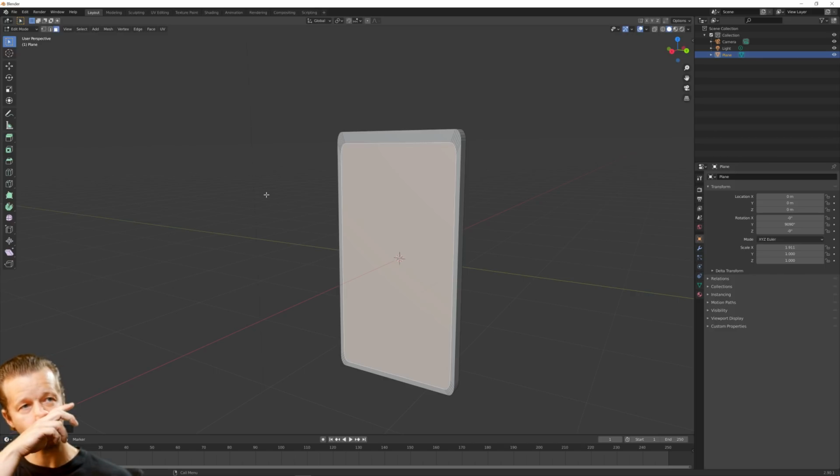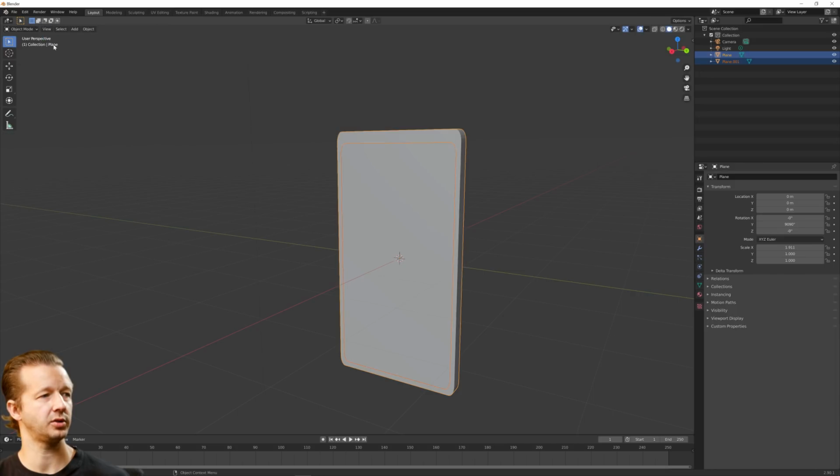So right now we're only dealing with one object, that plane right there. We wanted to separate this into its own, and that way when it comes to UV unwrapping, which I'll explain later, we could just deal with that one object itself, because we only want the texture to be placed onto this face right here. So to separate it, make sure the face is still selected, and we hit P, by selection. So now we have a plane 001 and a plane, and if we go back to object mode,